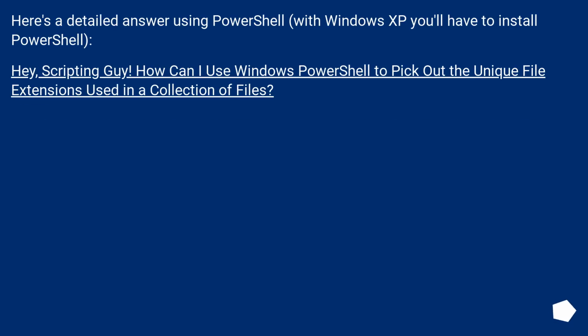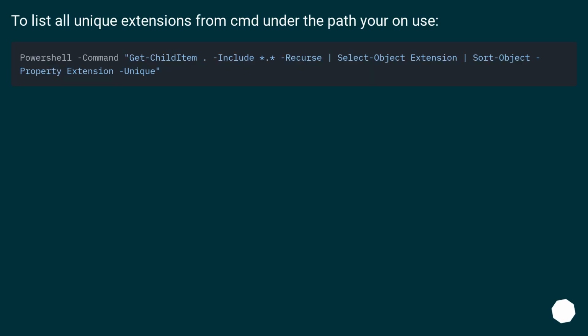Here's a detailed answer using PowerShell. With Windows XP you'll have to install PowerShell. Hey, Scripting Guy. How can I use Windows PowerShell to pick out the unique file extensions used in a collection of files? To list all unique extensions from CMD under the path you're on, use: